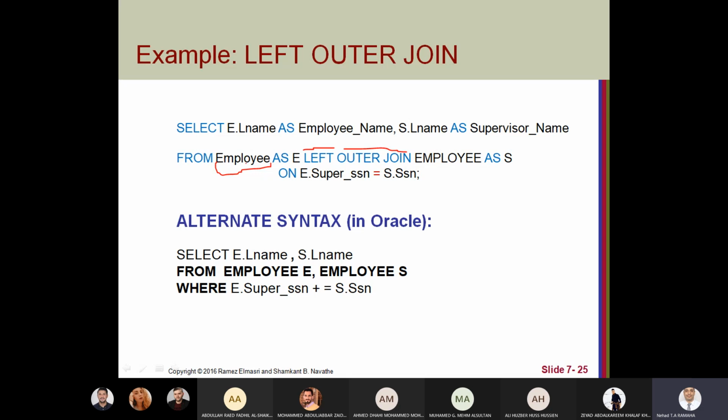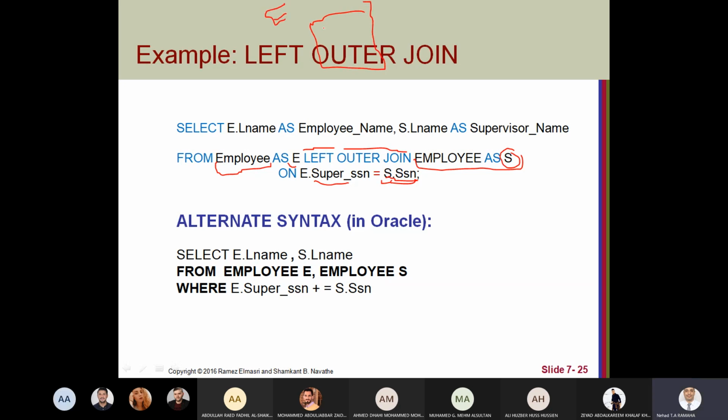So we will join between employee as E and employee as S, as supervisor. And what's the condition? That the employee's supervisor number exists for another employee S, the supervisor. So it's like we have two copies of the table employee.